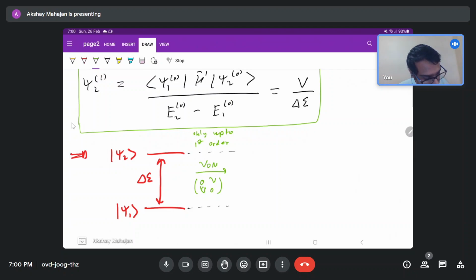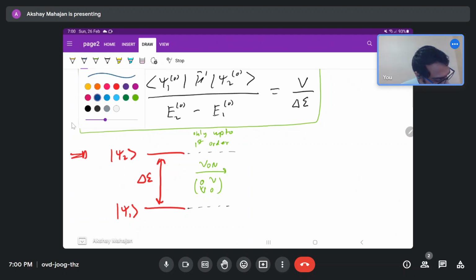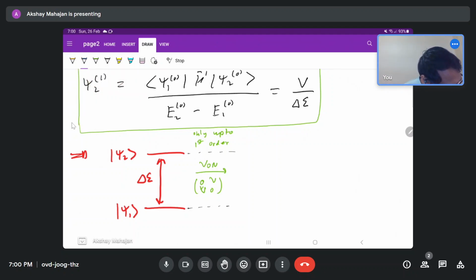So what we will see is that these energy values will just be there. The energy level will not change. The difference will also remain delta E. Only the wave function will now change. So our psi 2,